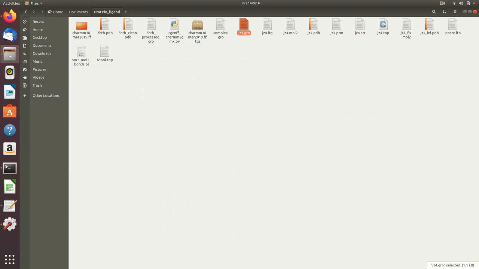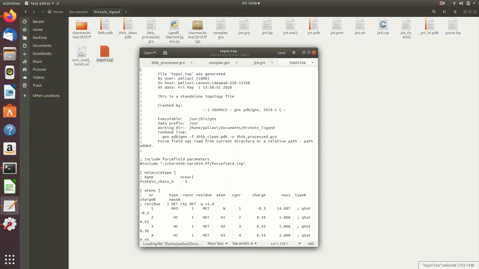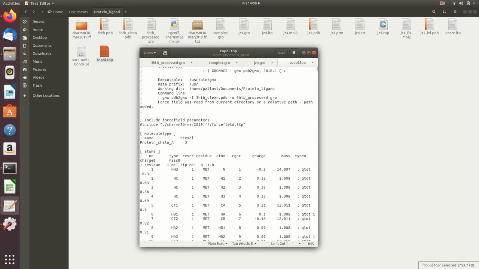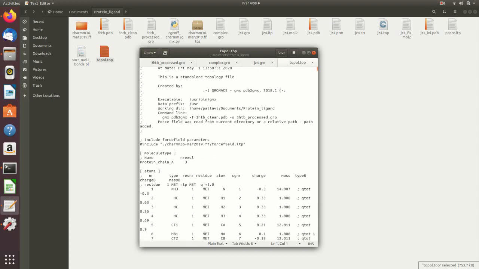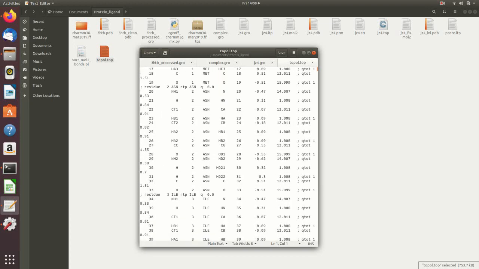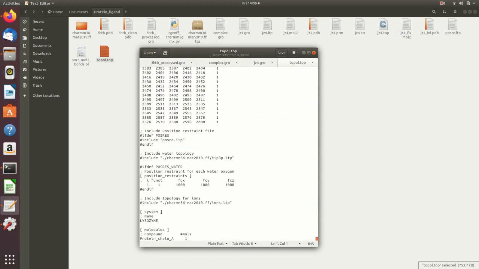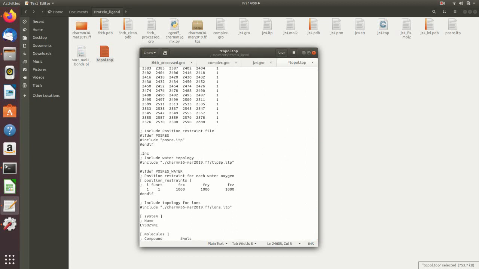Now the next step is including the JZ4 ligand in the system topology. For the same, we'll have to open our topol.top file and then include the ligand topology. You can just scroll down and include the ligand topology.